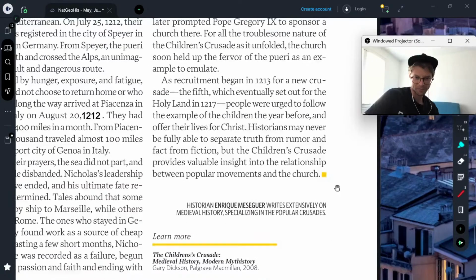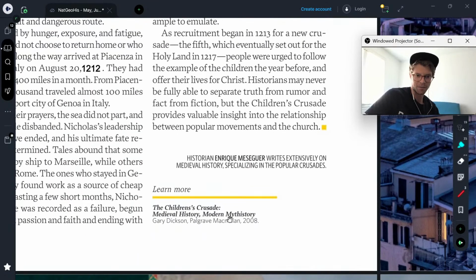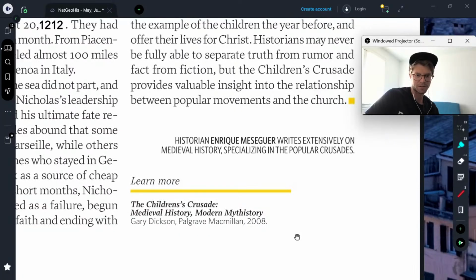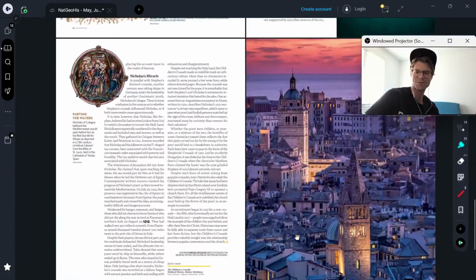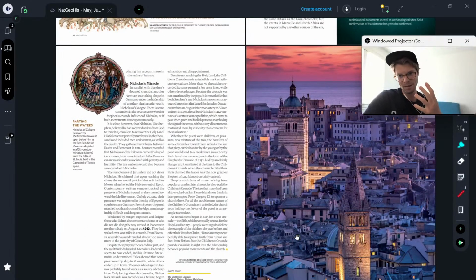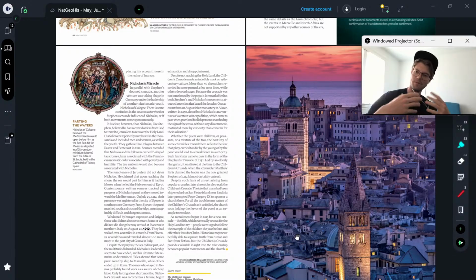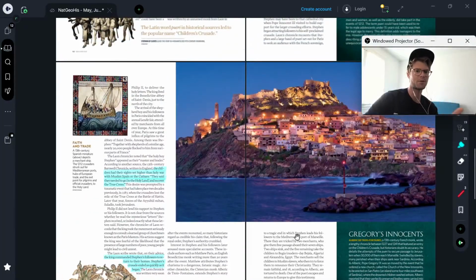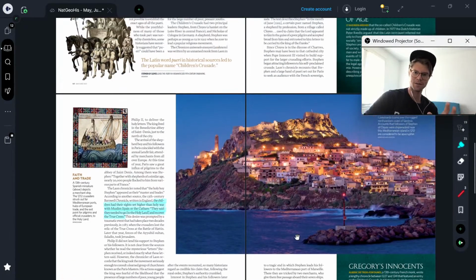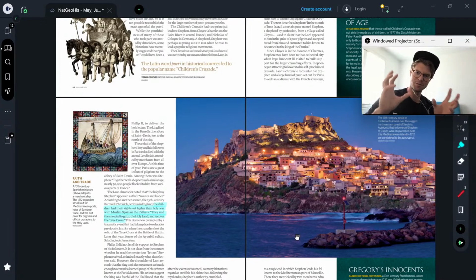So there we go. Very interesting. Medieval history, modern myth history. We don't really know what's true and what's not, but I think a lot of us know that the Crusades happened and we kind of know the brief history of the Crusades. To know that there were these children's crusades is very interesting, and both of them, the two main ones, kind